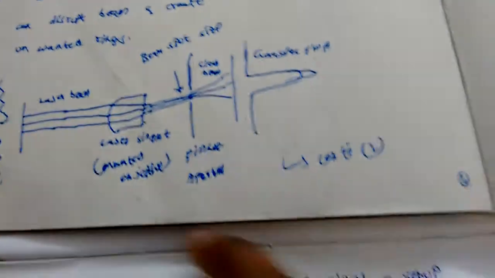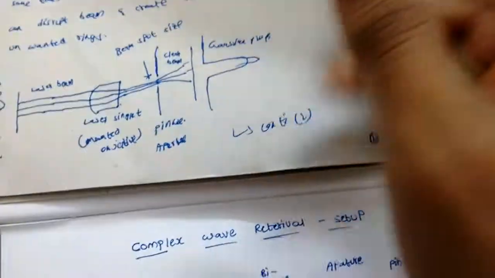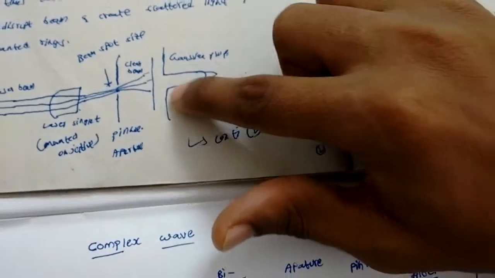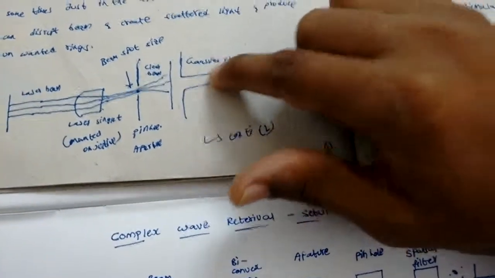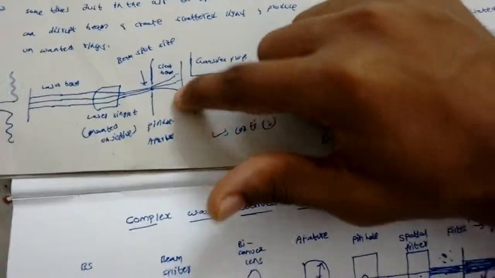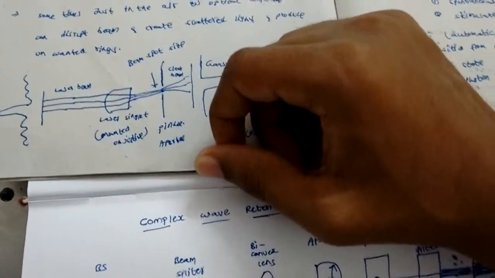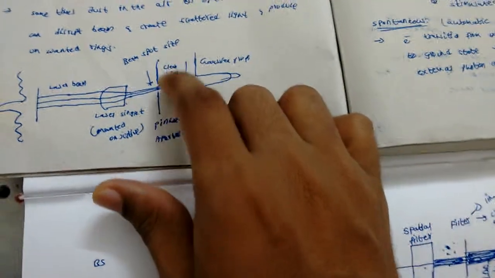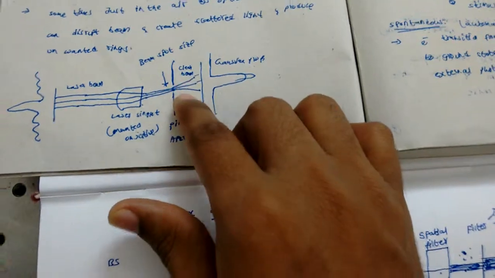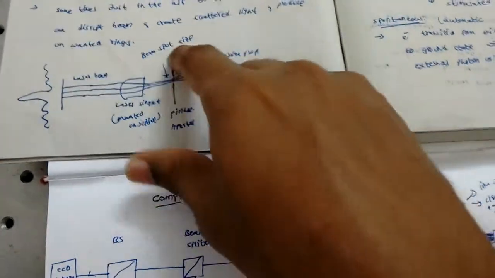So after passing the light through the pinhole we can see a clean beam, and we obtain a Gaussian. Without distortion we are getting a Gaussian pulse, and side lobes are reduced. For that purpose we are using this pinhole. When you transform into an image you can find the FFT of that, and we will get low intensity values. So that's why this pinhole acts as a low pass filter.